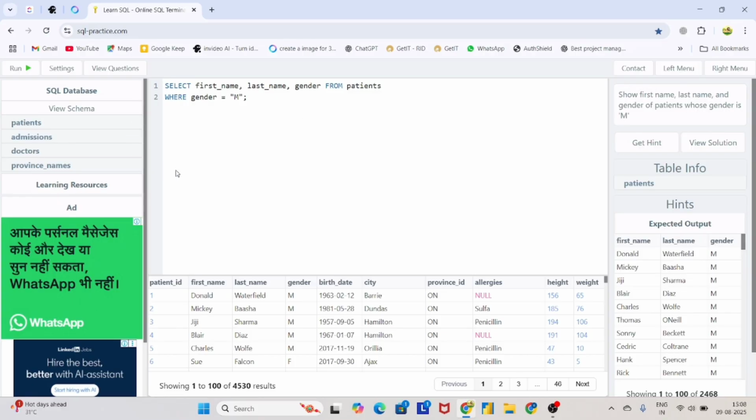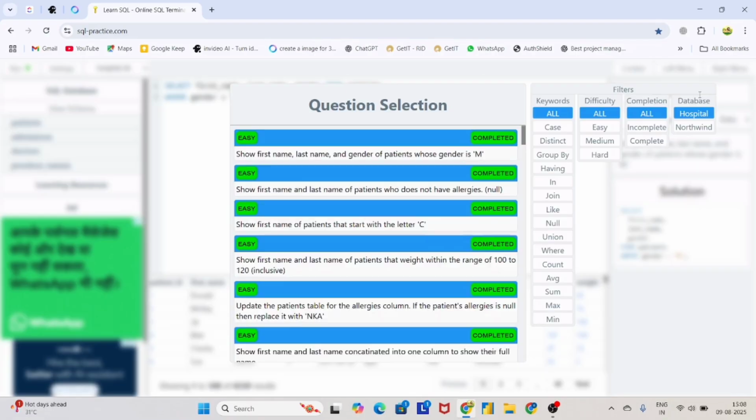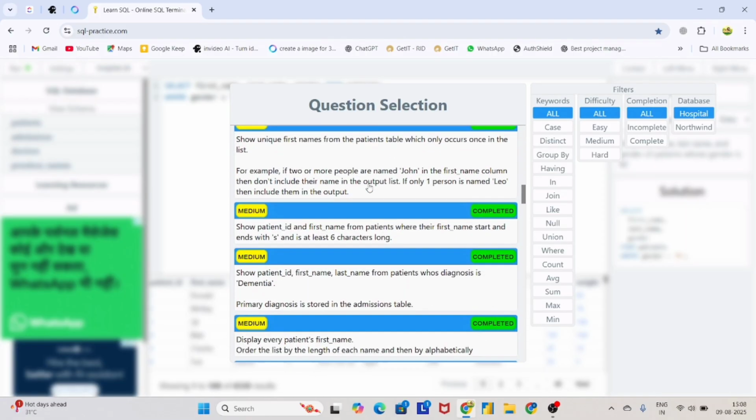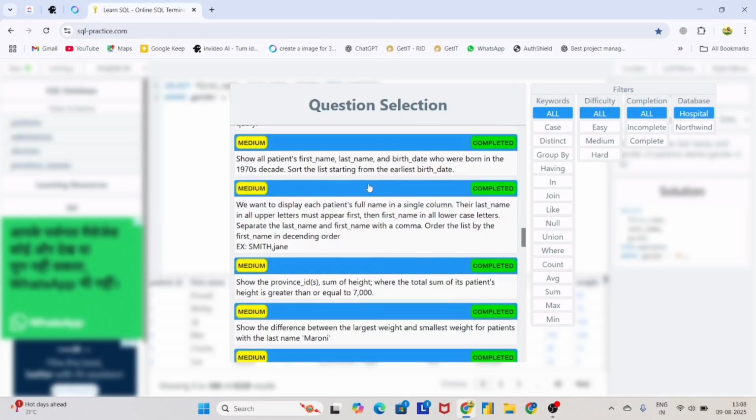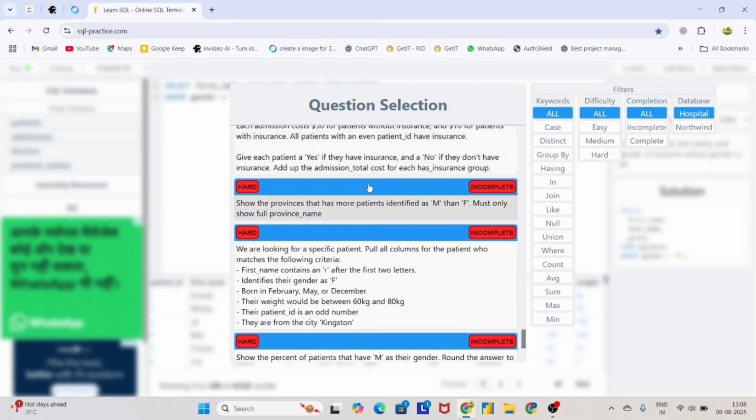And here is the schema. I'll solve these questions a little bit. This type of question I'll cover in this video. These are all the questions. We will go from easy questions to medium questions to hard questions also. There are different types of topics we will cover,